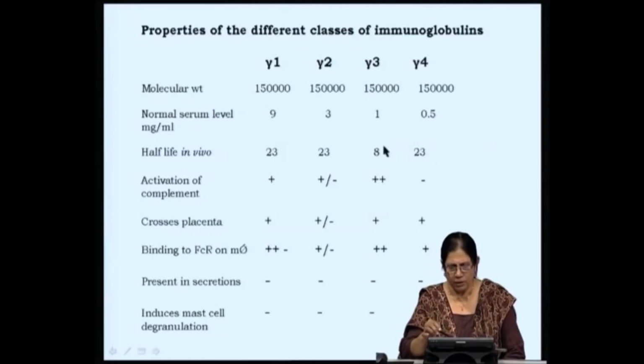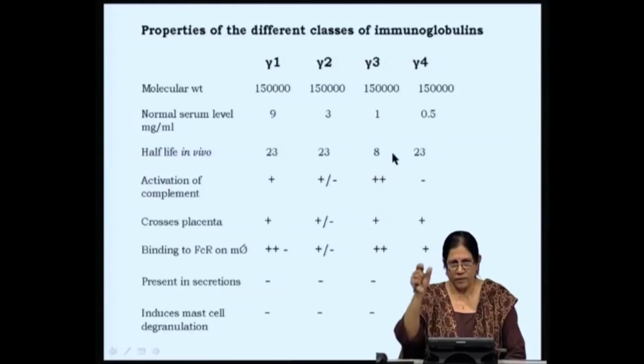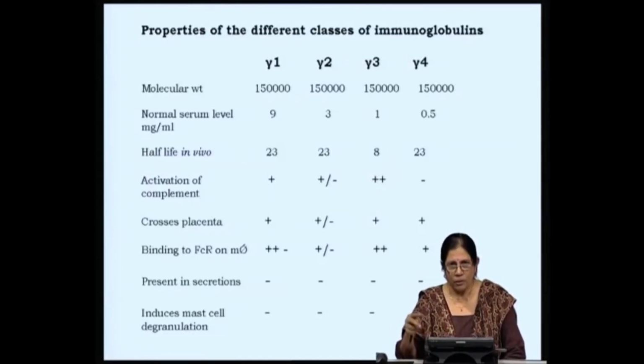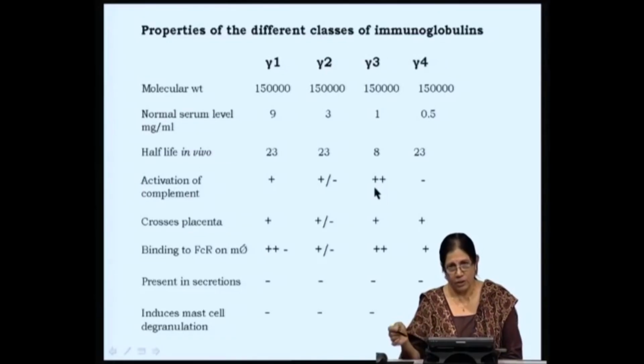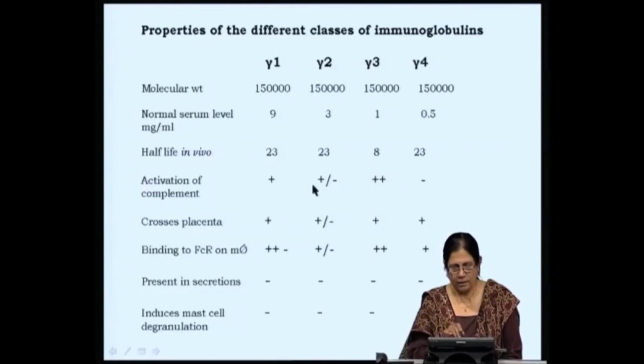Now, you can immediately link this to the presence of that very long hinge region which allows proteolytic degradation. So, IgG 3 has a stability of only 8 days. Can all of them activate complement? That is going to be my next lecture. Three of the classes can, but you will see that IgM does that much better. IgG 1 and 3 do, IgG 3 does that better, and IgG 4 does not activate